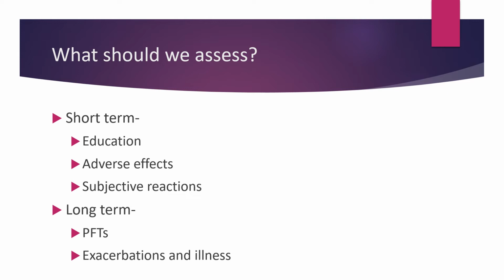In the long term, we need to look at things like their pulmonary function test values. Are their flow rates decreasing? Are they still decreasing at the same rate? Are they decreasing at a much slower rate? Right? Those are things that will be very helpful to understand if we're doing the right regimen or if it's not working. The other things that we're going to evaluate on the long term is if they have less exacerbations